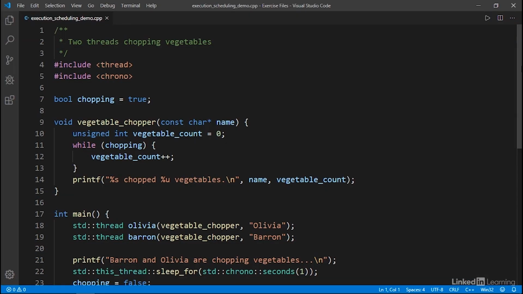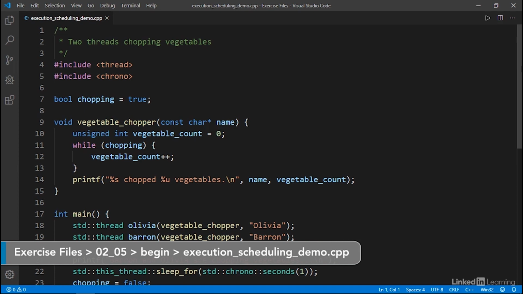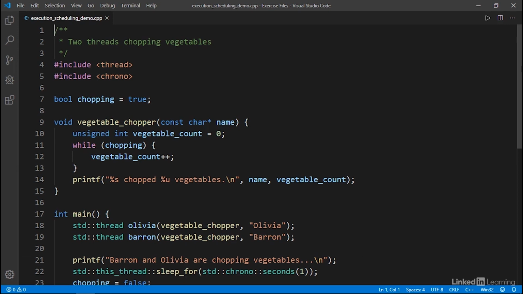To demonstrate how scheduling can impact execution, we've written this C++ program that executes two threads, named Barron and Olivia, that continuously chops vegetables for about 1 second. The vegetable chopper function on line 9 takes in a string argument for a name which can be used to uniquely identify this thread. The function begins by initializing a local variable on line 10 to count the number of